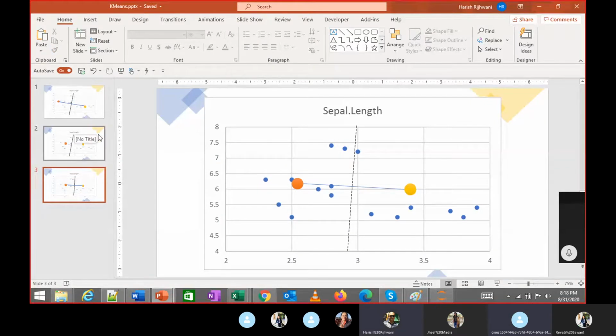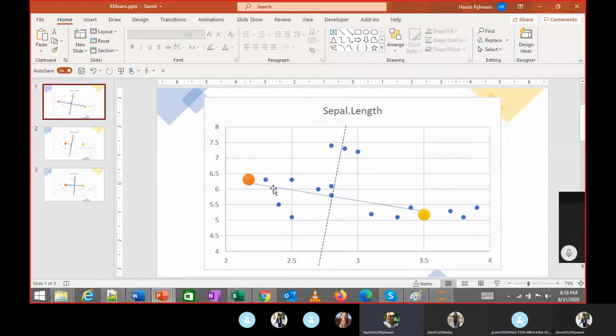No, I did not do anything. Basically, it depends on what values you assume over here, these 2 points. It's random. These values are assumed on a random basis. Okay. What you're trying to do is an iteration. What you're trying to find out is the centroid of all these points. What is the centroid of all these points? What is the center point of all these points? Once you find out the center point of all these points,